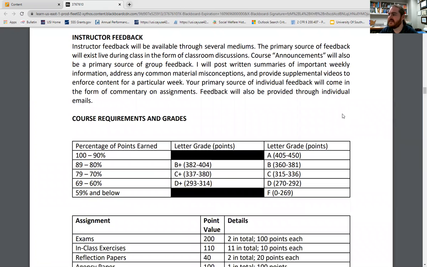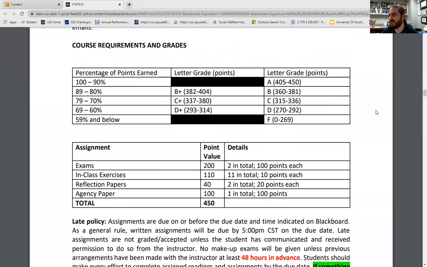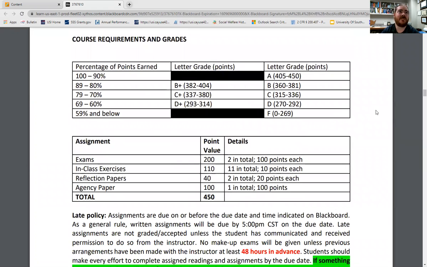Instructor feedback. A lot of the feedback, because this is an in-person class, will come through in-person conversations, but you'll also get stuff through announcements, like I mentioned. You'll get stuff on your individual grading feedback when you submit assignments. So it's kind of all over the place, but you may also get emails and things as well. So just make sure that you're watching all the usual places for communication from